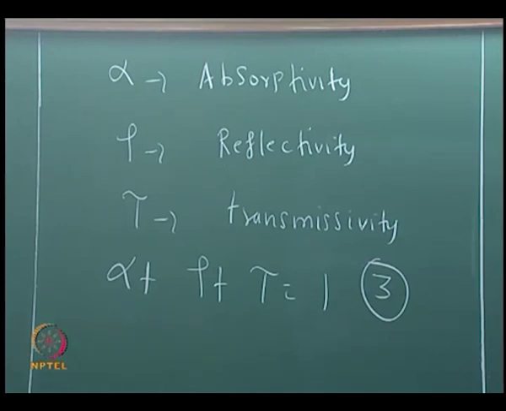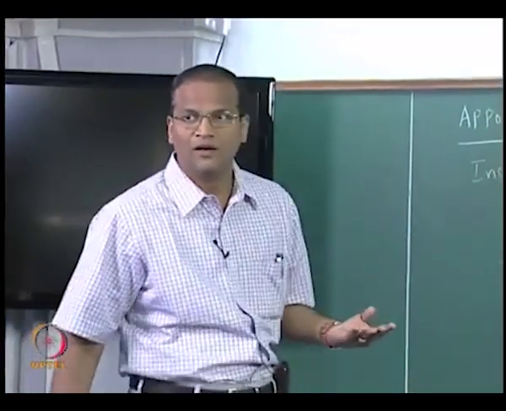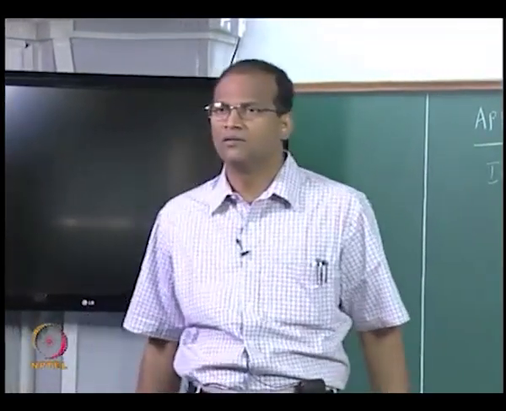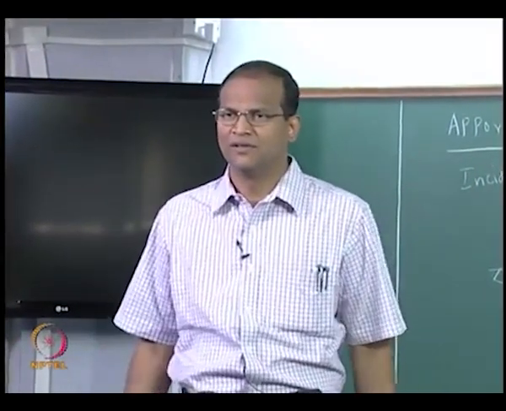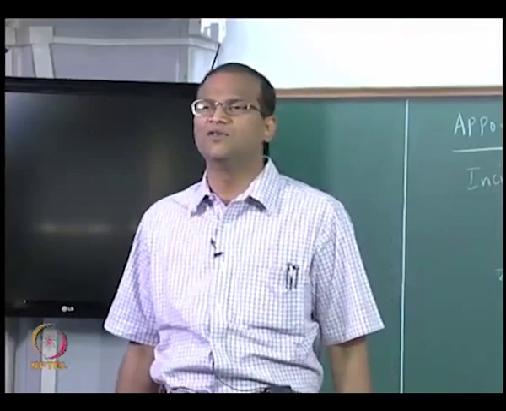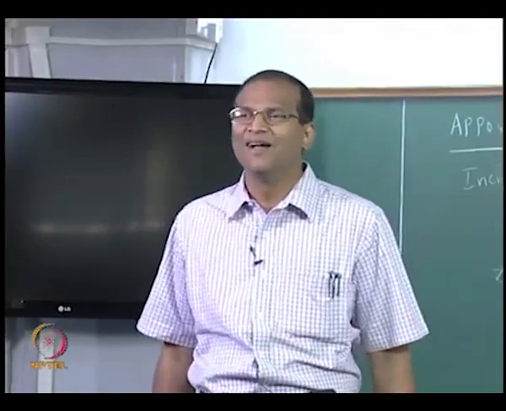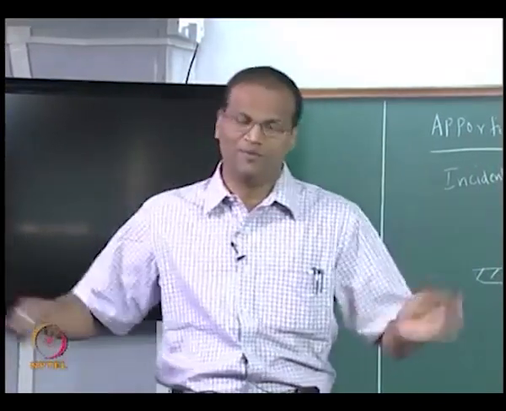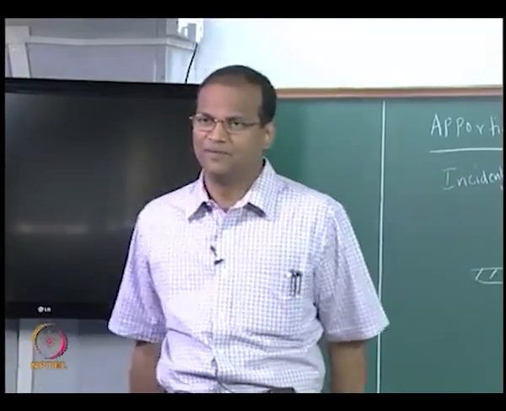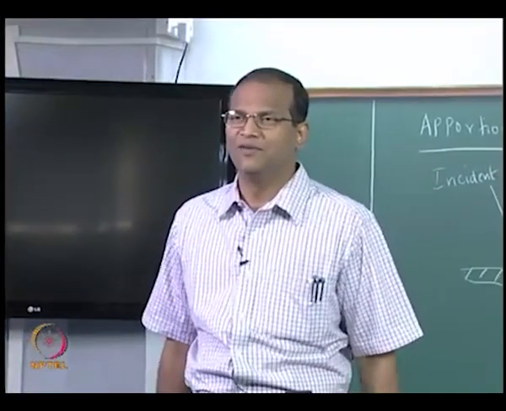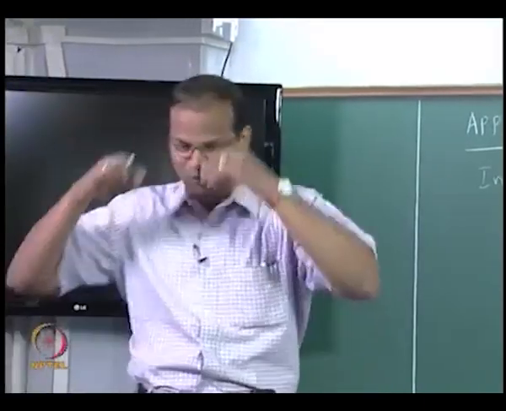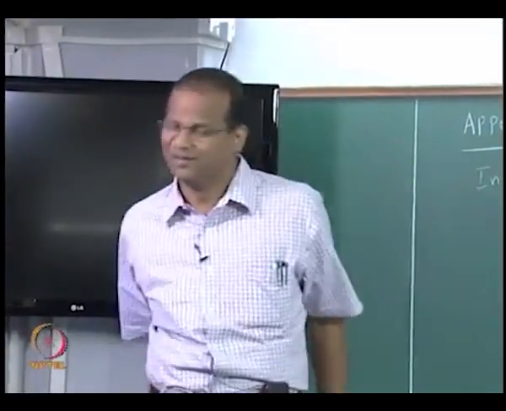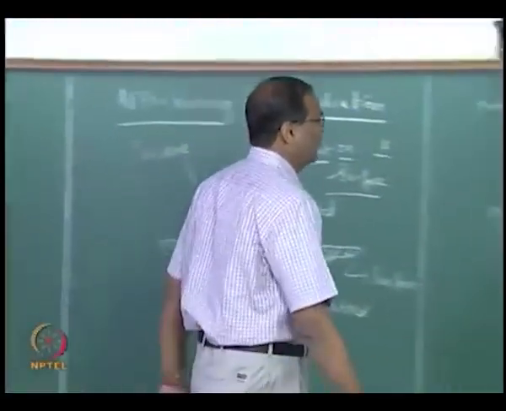What is tau for an opaque surface like the human being or the wooden surface or whatever? Transmissivity of an opaque surface is zero, so you will say something. Huh? I thought visibly opaque. No, true. It's opaque throughout, the full part of the spectrum. Okay, fine. So for an opaque surface,